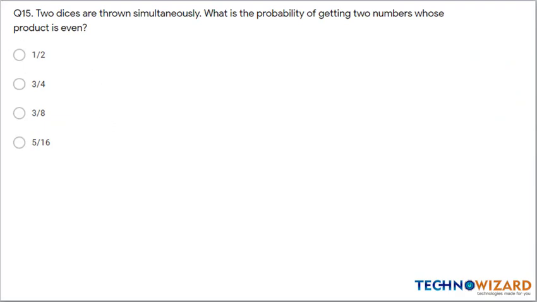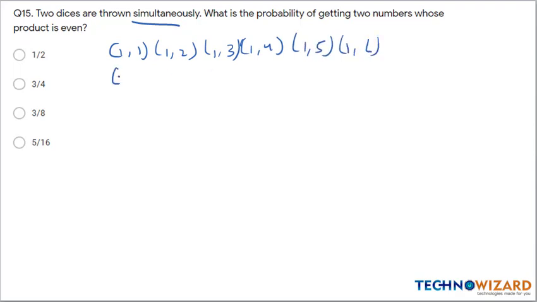Next question, question number 15. Two dice are thrown simultaneously, what is the probability of getting two numbers whose product is even? Whenever two dice are thrown simultaneously, first of all we have to create a sample space for two dice, like 1 1, 1 2, 1 3, 1 4, 1 5, 1 6. Similarly 2 1,